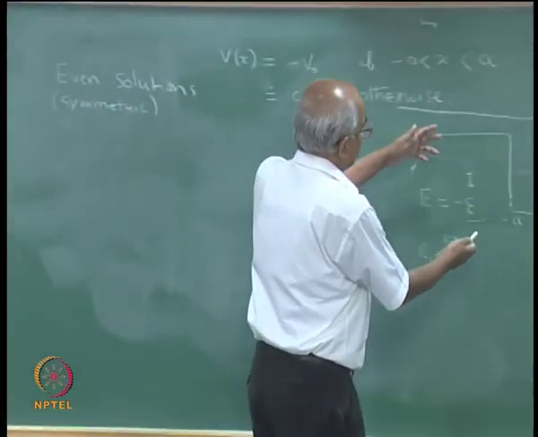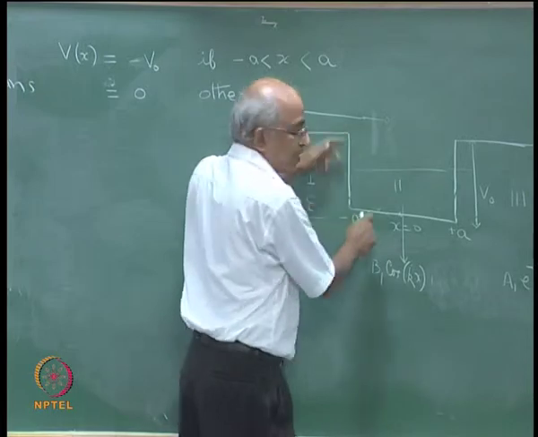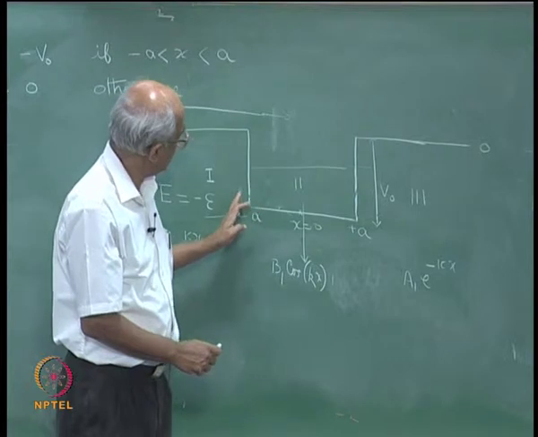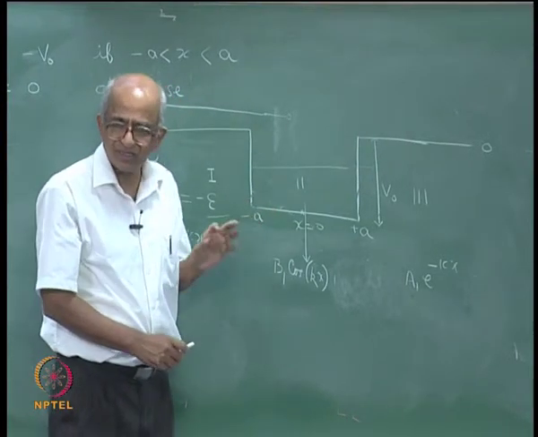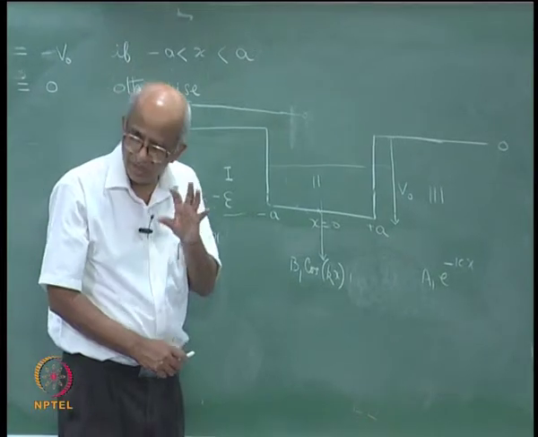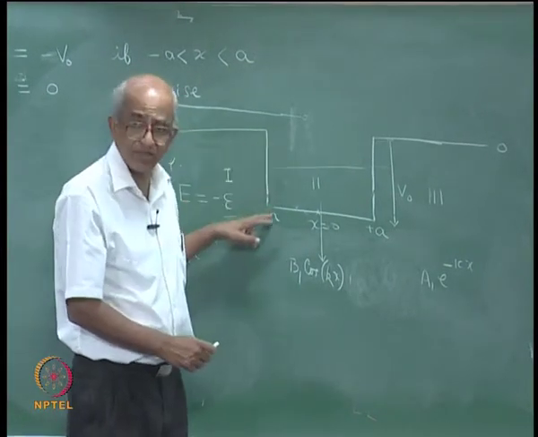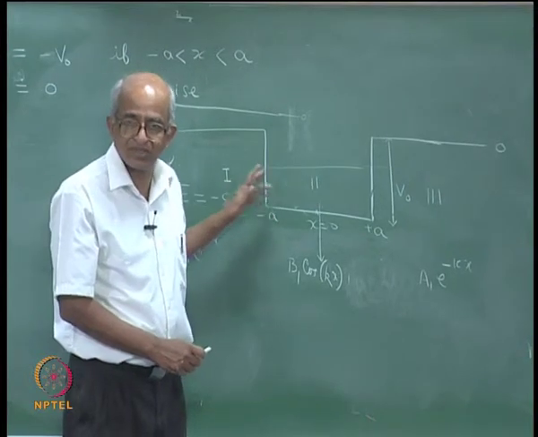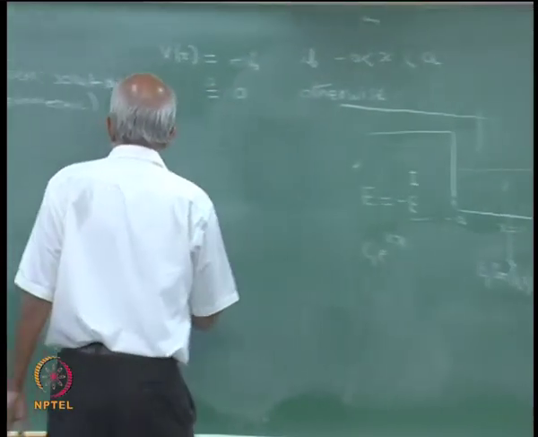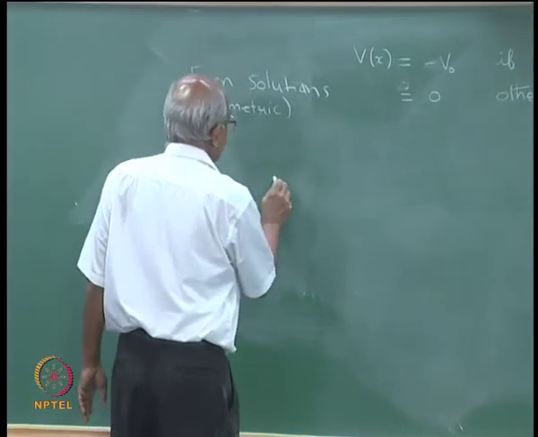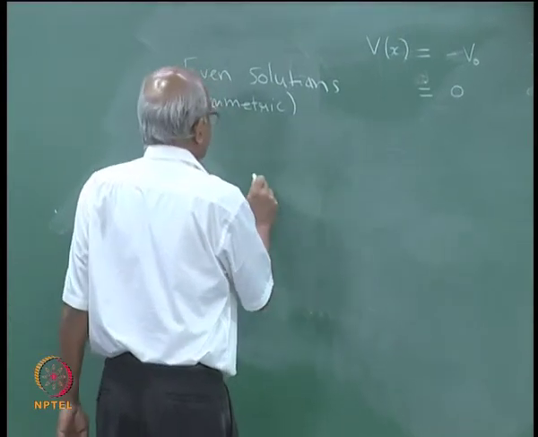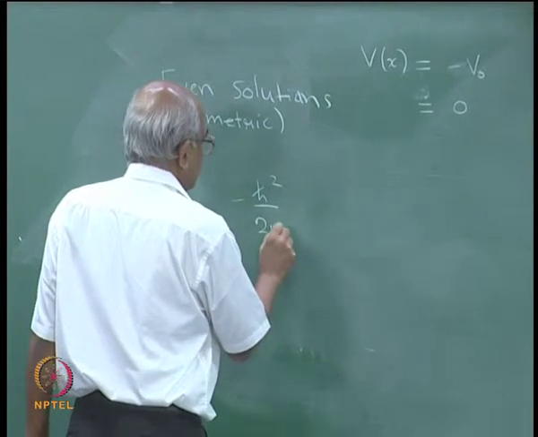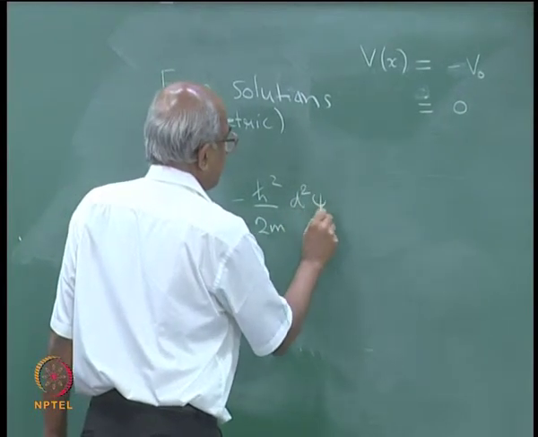You look at the potential at this point, it has a finite step. As you cross this point, the value of the potential changes by a finite amount. So, strictly speaking the potential is discontinuous at this point, at the point x is equal to minus a. So, if you look at the Schrodinger equation, what does the Schrodinger equation say? In general, it says that minus h cross square by 2m. Here I am telling you something that is very general.